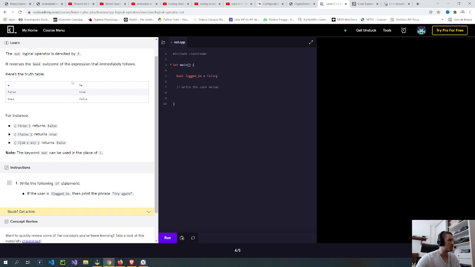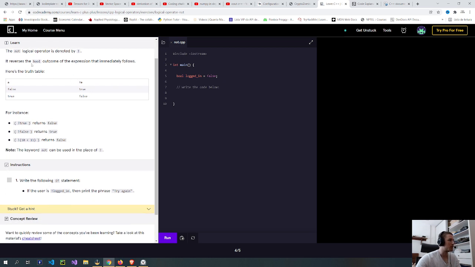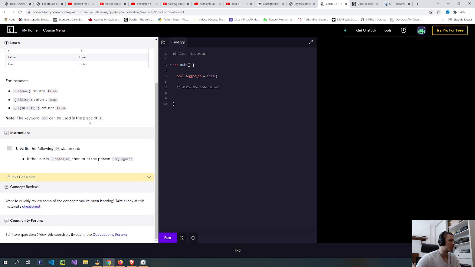The not logical operator is denoted by this, it reverses the bool statement. Write the following if statement. The user isn't logged in. Logged in, then print.